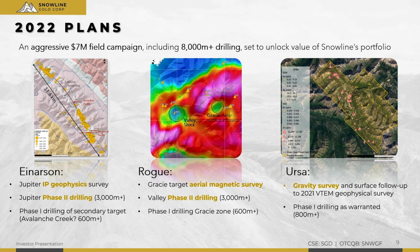We'll be doing a lot of surface work to explore both the known targets and to develop some of these other targets that we haven't drilled yet. And we'll be bringing the drill back to both Valley and Jupiter, the high grade and the bulk tonnage discoveries that we made, and potentially testing out, definitely testing out some other targets, Gracie, Avalanche Creek, and sort of a wild card called Ursa,